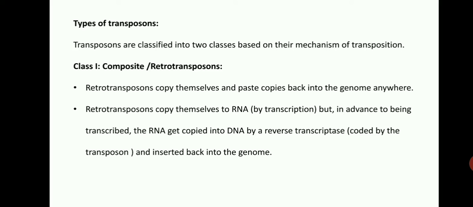These retrotransposons, also called transposons via RNA intermediate, are genetic elements that can amplify themselves in the genome and are a ubiquitous component of the DNA of many eukaryotic organisms. These DNA sequences use the copy and paste mechanism, whereby they are first transcribed into RNA and then converted back into identical DNA sequences using the reverse transcription method. These sequences are then inserted into the genome at a target site. That's why the mechanism is called the copy and paste mechanism.